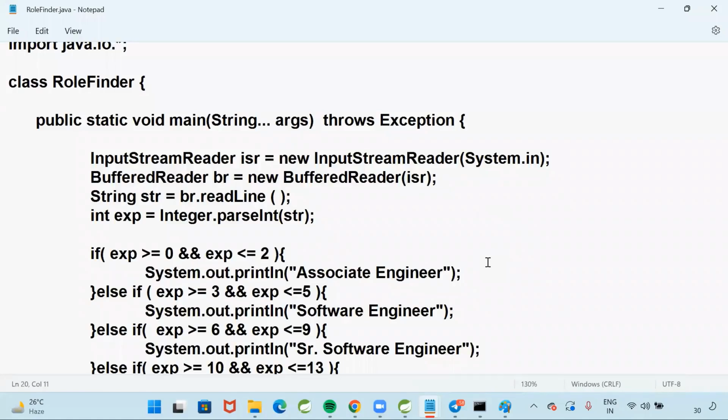At any point of time, if you ask me, Ashok, how to read the data from the keyboard? BufferedReader br is equal to new BufferedReader. For BufferedReader, we need to connect InputStreamReader. In the BufferedReader, read method and readLine method are available. Read method is used to read a single character. ReadLine method will read a group of characters and give the string. The string should be converted to integer: Integer.parseInt. That is there in the brain, because every day I am using that class, that method in